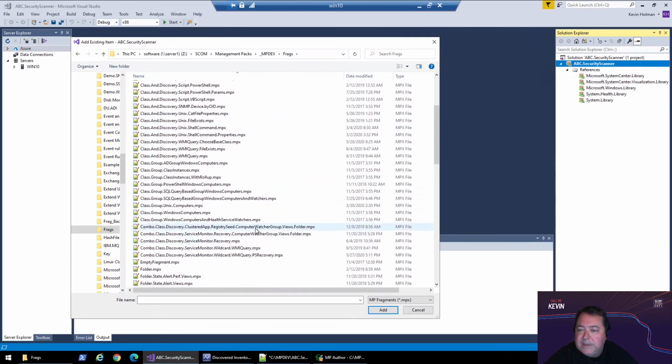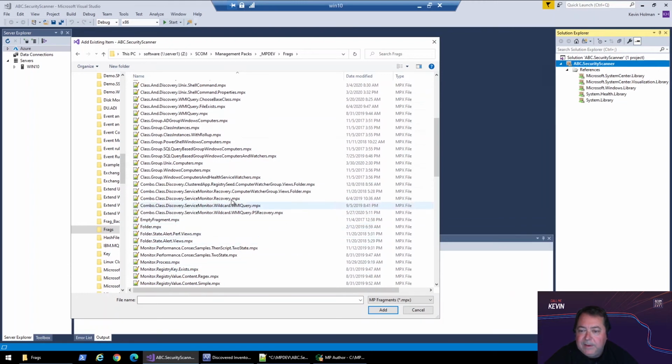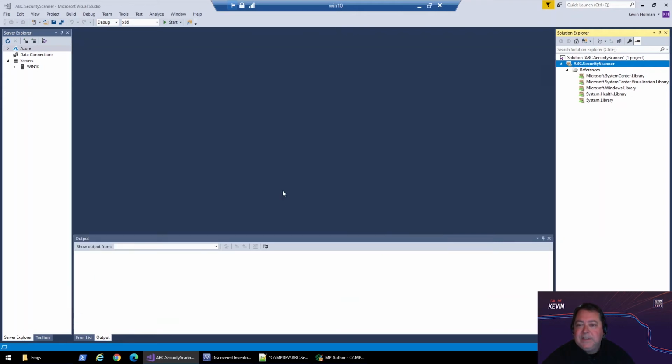So what we're going to do is I have something called a combo fragment that literally includes a dynamic discovery for a service monitor, a recovery for that monitor, the computer group with watchers, views, a folder, everything all in one management pack, and we only have to answer a few questions and it'll create all the monitoring for us. So I'm going to select this particular fragment